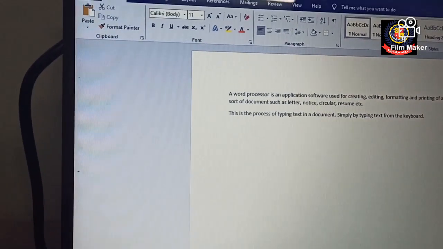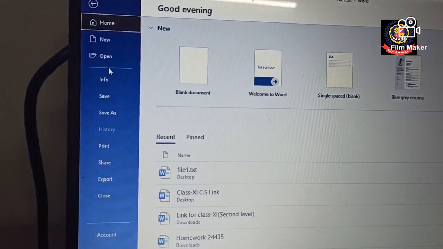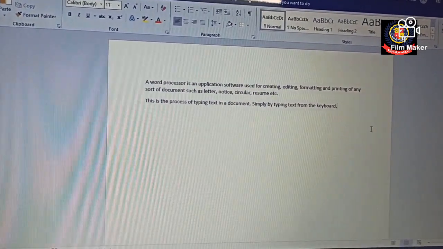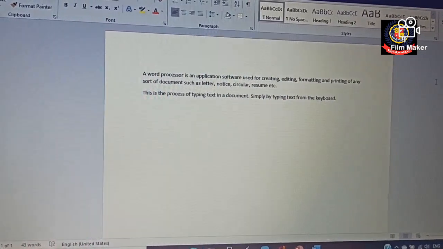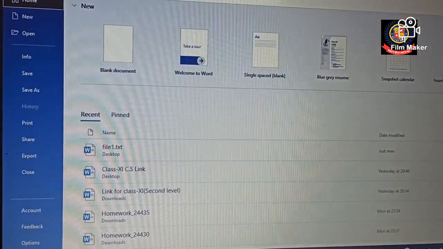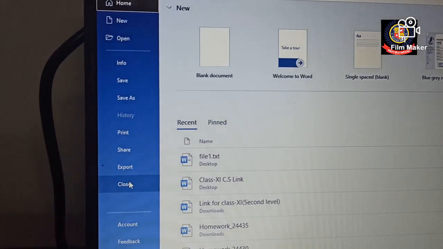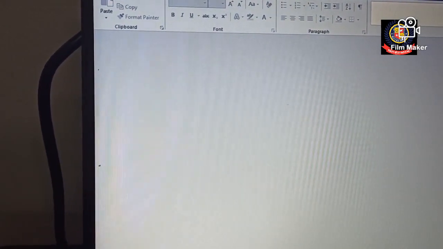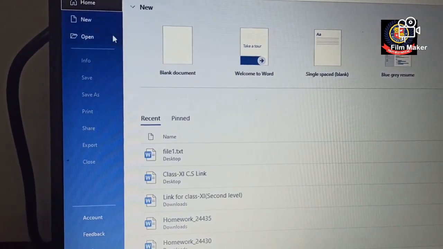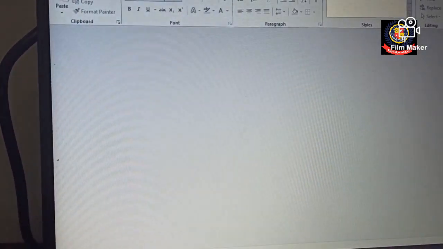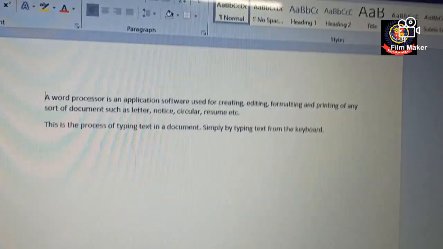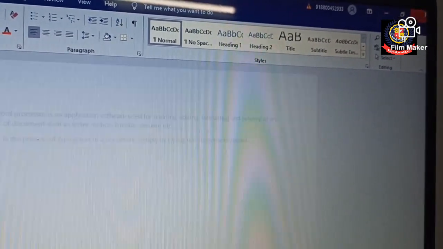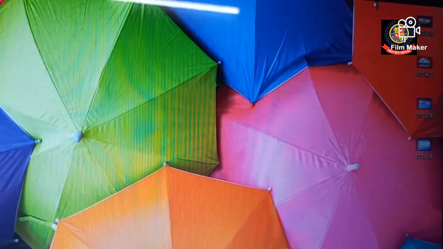So again I'm going to file and then I just need to click save. Whatever changes I have made, I have saved that file. Clear? Now if I want to make a copy, I'll show you after this. If I want to close the window, you simply go to the file option and then click on close. So the file has been closed. If I want to exit from the window, now I just need to click over here, so we will exit from the file.